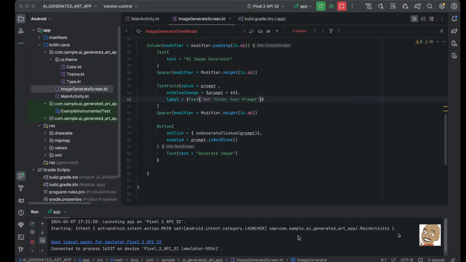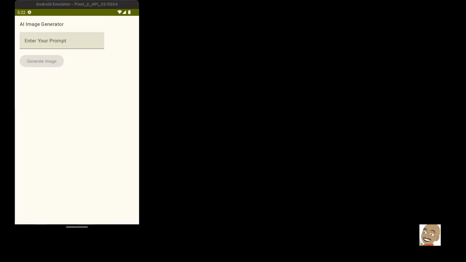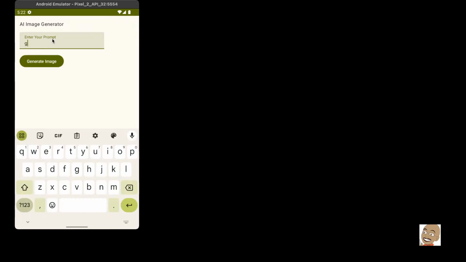Okay, and let's see, where's my emulator? All right. Okay, so these are the UI components that we need to generate our image, AI image generator. Enter your prompt and generate